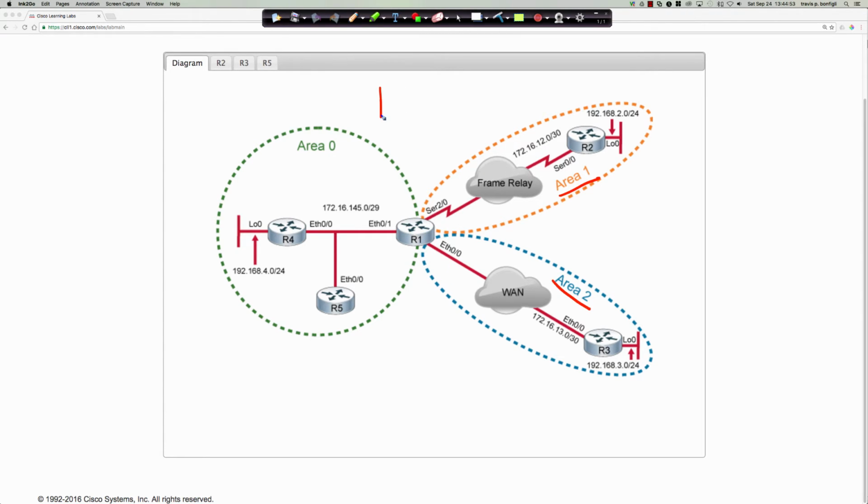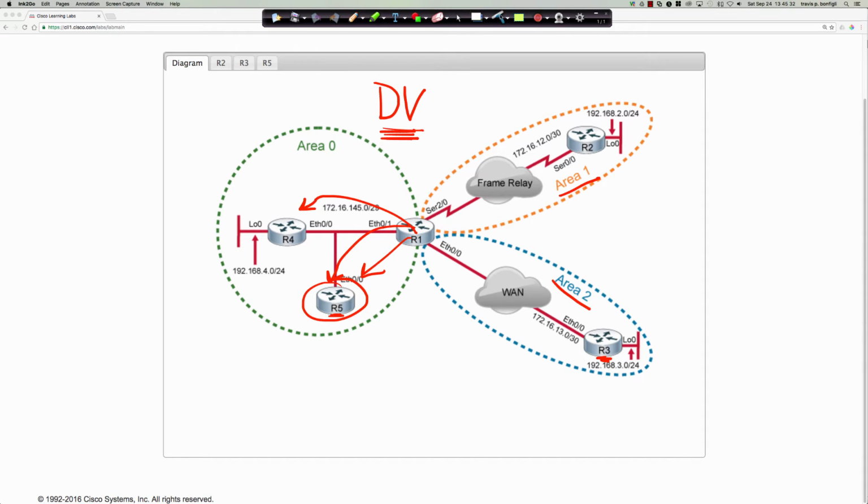OSPF turns into a distance vector protocol, or I should say behaves, probably a better word there, behaves as a distance vector protocol, where router 5 only learns the information about area 1 that is going to be shared in from router 1. And the same thing, area 2, the information that router 1 has that he shares out with 4 and 5, that information, it's distance vector type behavior, because does router 5 see router 3 as the next